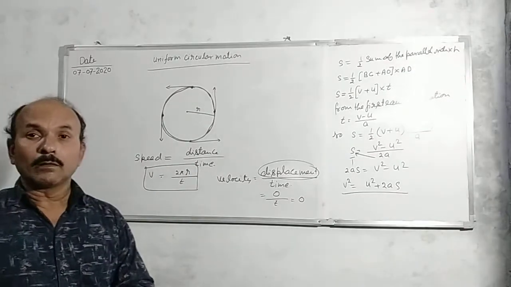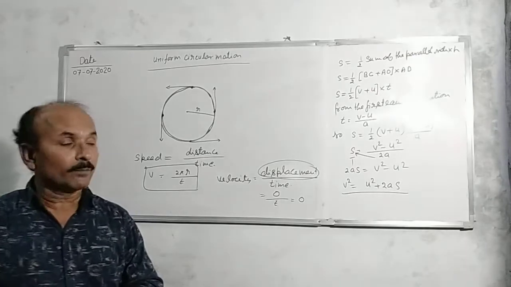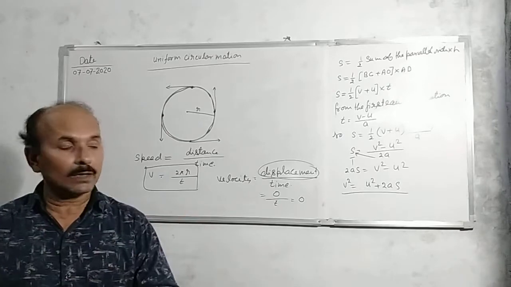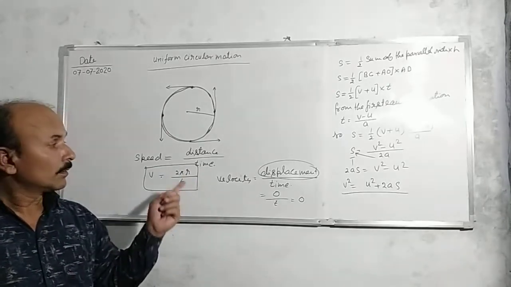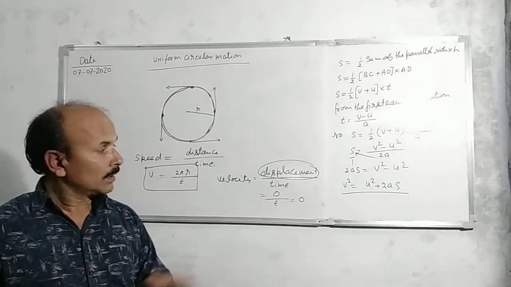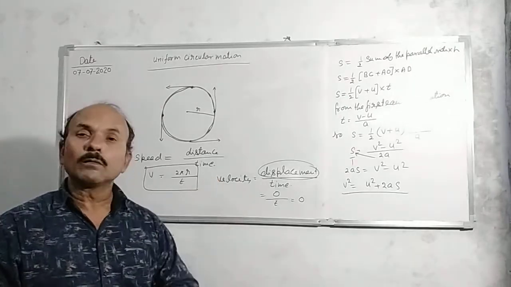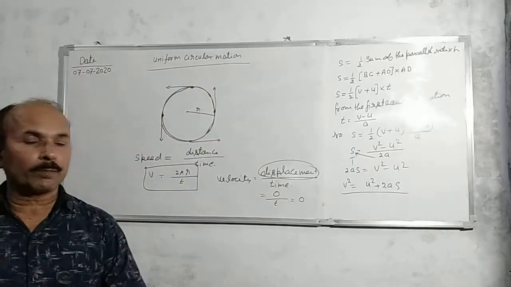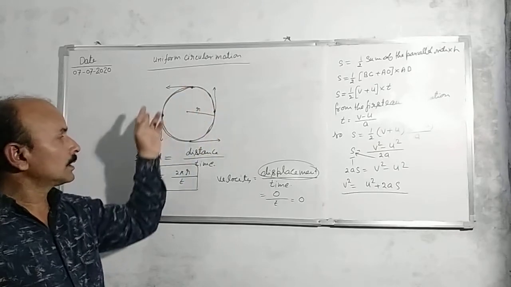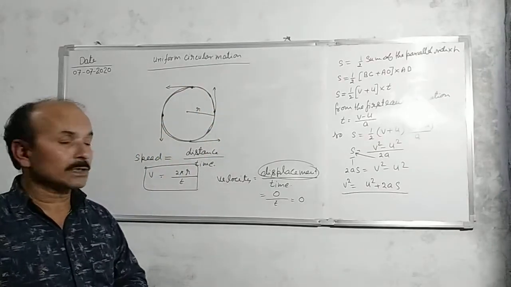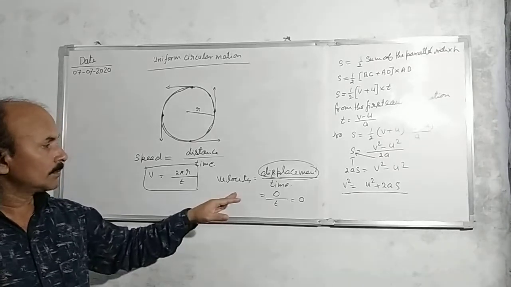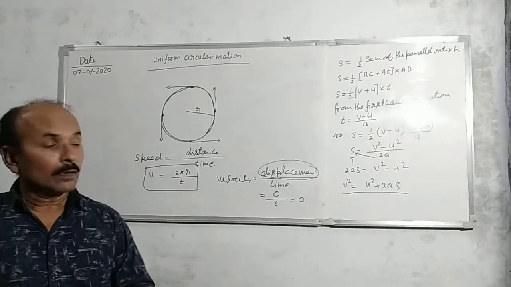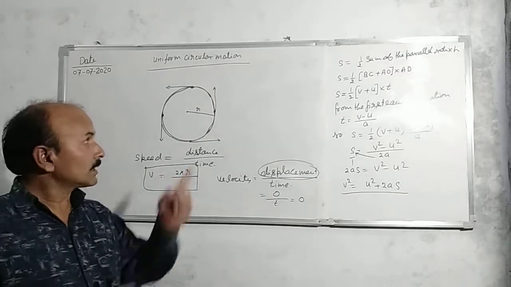When I explain speed and velocity, always remember that speed is equal to velocity when the object is moving in straight line motion, but otherwise speed is always greater than velocity. Speed will never be 0, but velocity may be 0. So if any object moving in a circular path starts from the initial point and after one complete cycle reaches its initial position, then velocity will be 0, but speed will never be 0, because it is moving with a constant speed, but its direction changes.